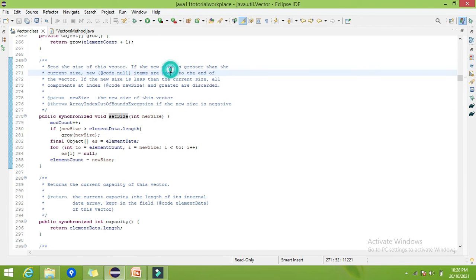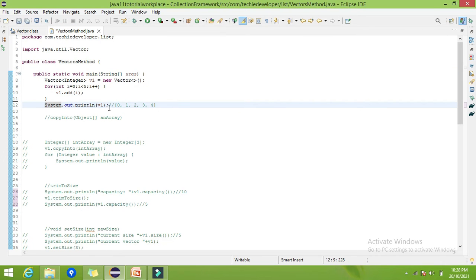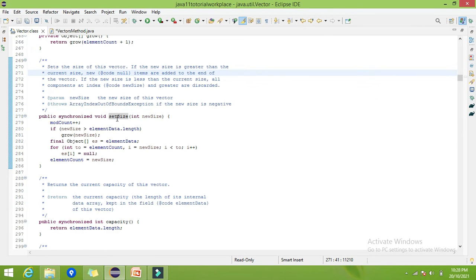If the new size is greater than the current size, null items are added. Suppose I have a vector with a current size of 5, because I have 5 elements stored. Now if I use setSize and give the input as 10, it will add the remaining 5 as null elements.